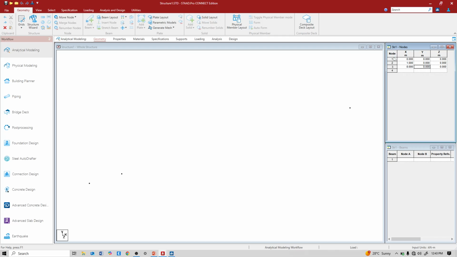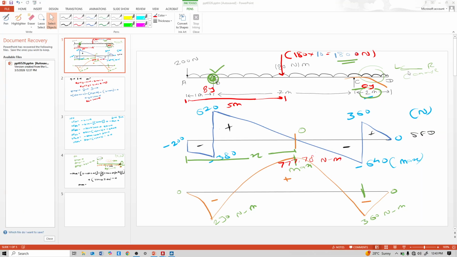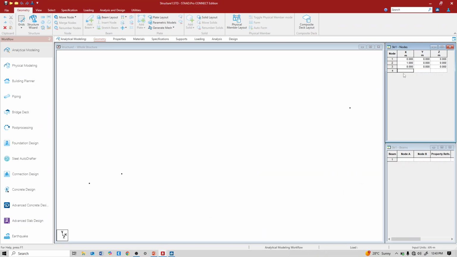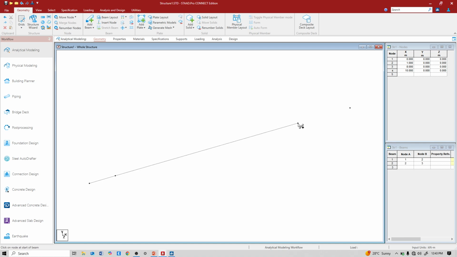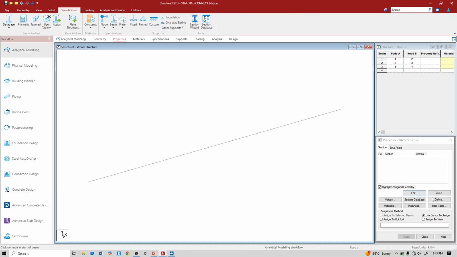From this node, type the values 0 and 10. Now this is 1 meter, this is 7 meter, and this is 2 meter. Now give properties, define